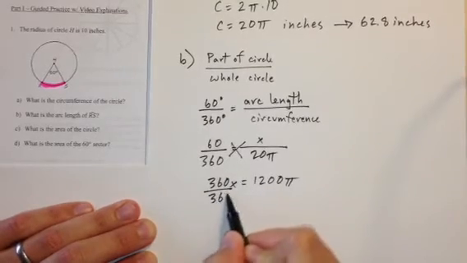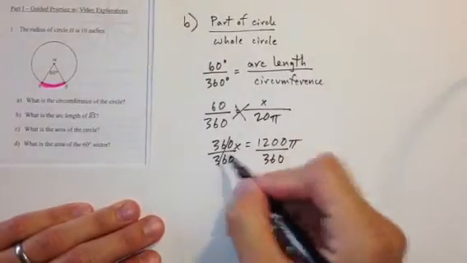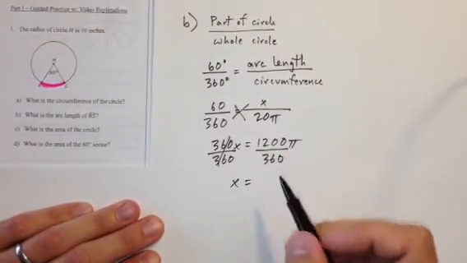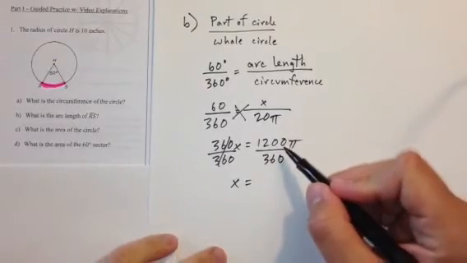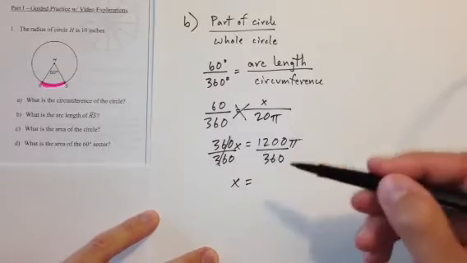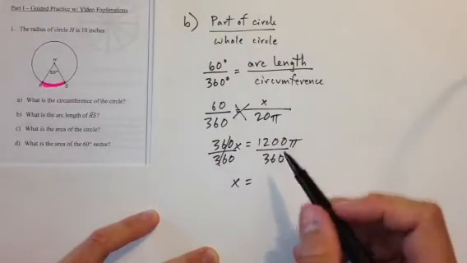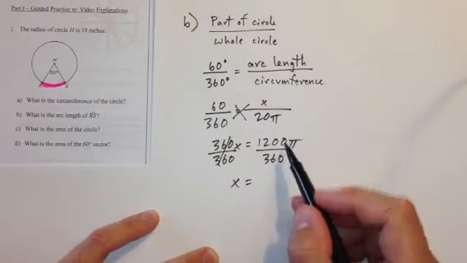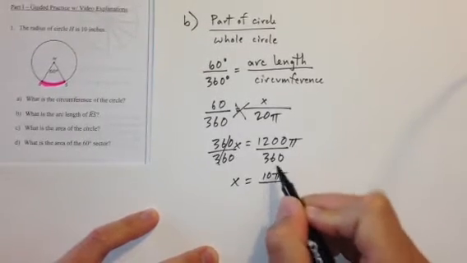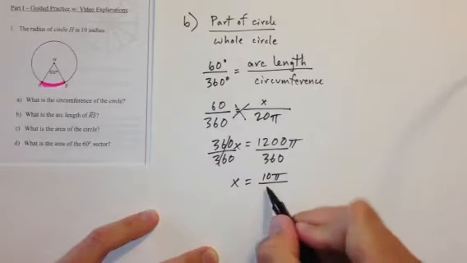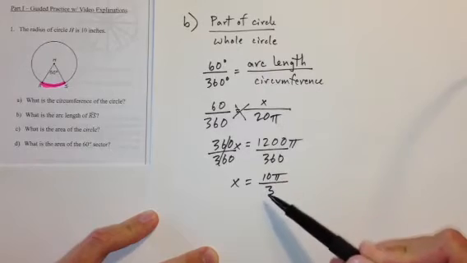I divide by the coefficient in front of x in order to get it by itself. So now I have x equals 1200 pi over 360. Now, can I simplify this fraction? Well, let's think about this. What is the greatest common factor? What is the largest number that divides into both numbers? I think 120. So 1200 divided by 120 is 10, so I've got 10 pi on top. And 360 divided by 120 is 3. So this fraction simplifies to 10 pi over 3